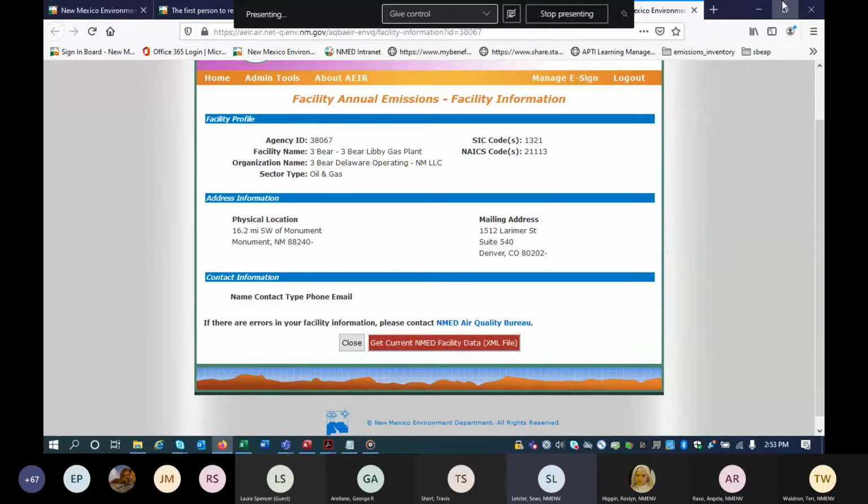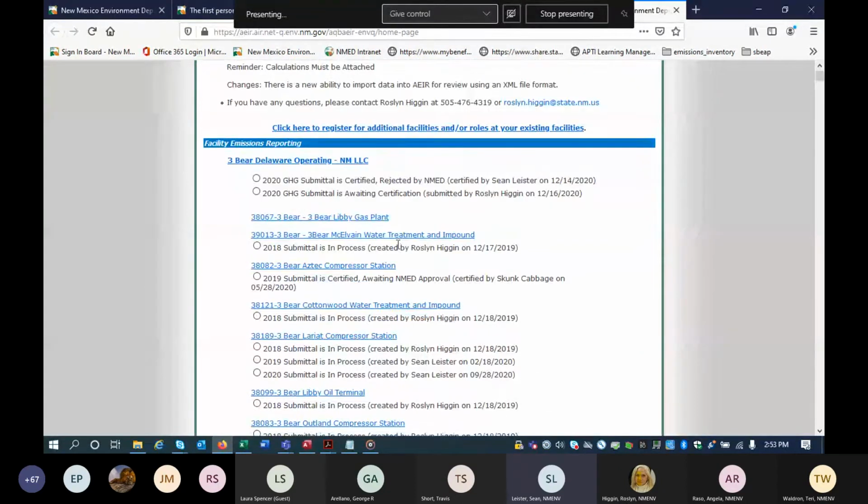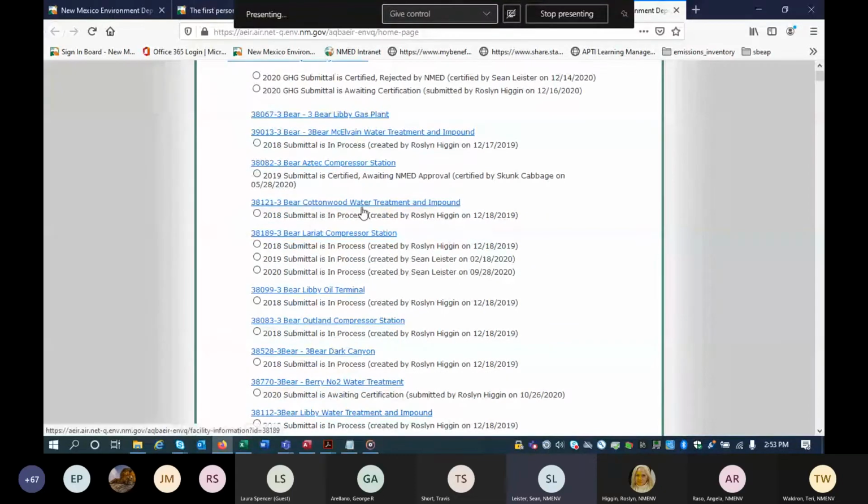So the bug in our program is if you enter into a submittal at any time, no matter which hyperlink you click on here, you'll always be downloading the same XML file.